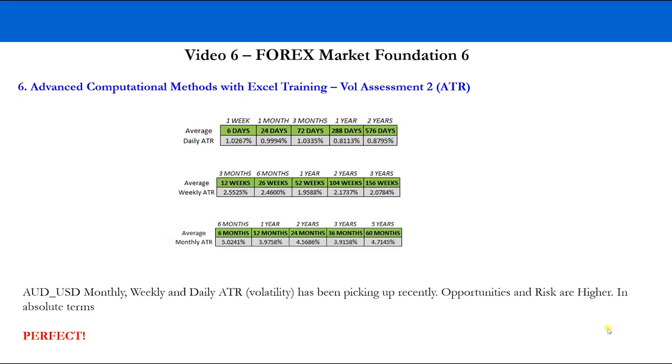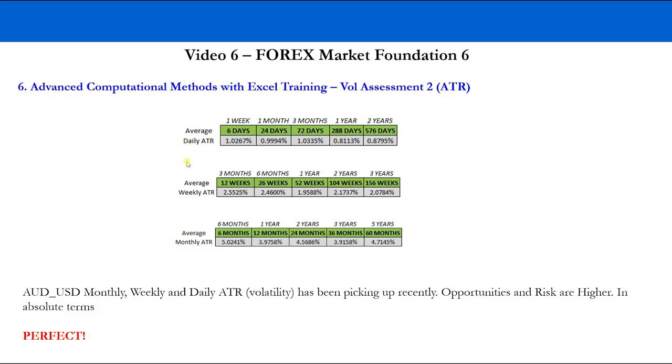Okay, so welcome back to the computer screen. Chris drew some conclusions there, looking at Aussie dollar, US dollar, and Euro US dollar, both in absolute terms and compared to each other. But what we're going to do now is just cement all of these conclusions and what we've learned. Now, if we look at the Aussie dollar, US dollar in absolute terms, what we notice is that on